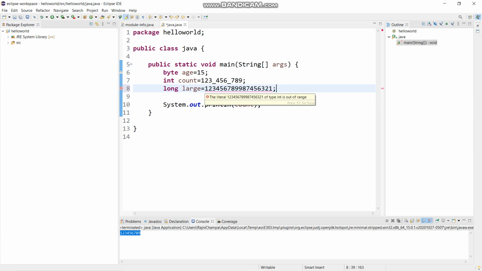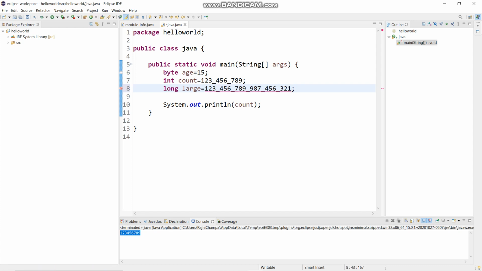Why is it giving an error? Because it is out of range, but you will say we are using long. So for long I am giving underscores for the separation of the number. Keep in mind that we don't separate it with commas, we use underscores.